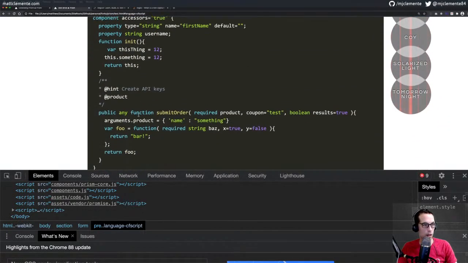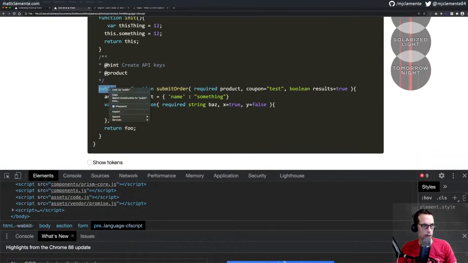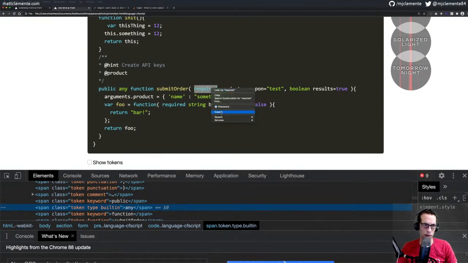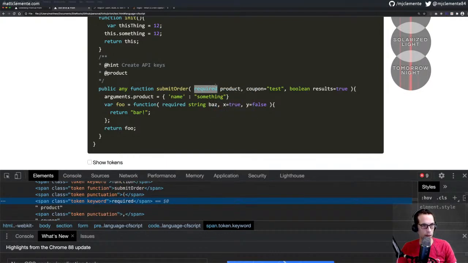Yeah, works well. Okay, public is a keyword. That's right. Any is a type, like a built-in. Function's a keyword, submits a function, required is a keyword, I believe, yeah. And I think that's how we want that. Product's just a variable, coupon equal test is a string, boolean is a built-in,